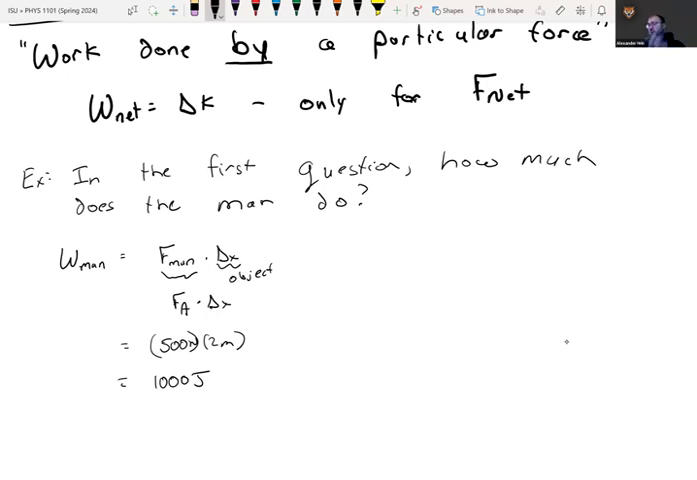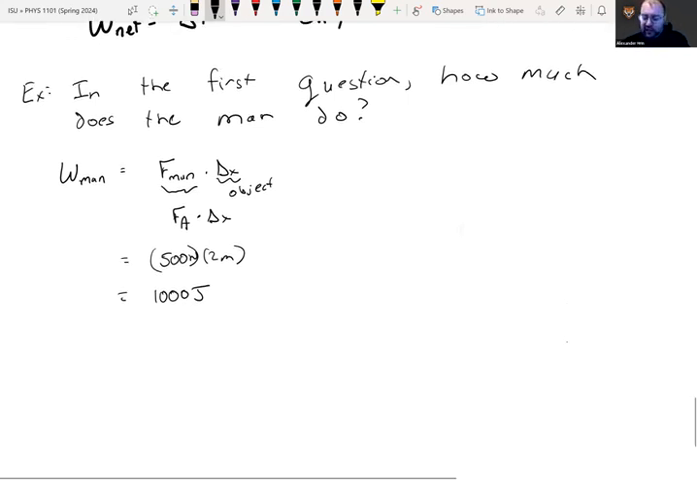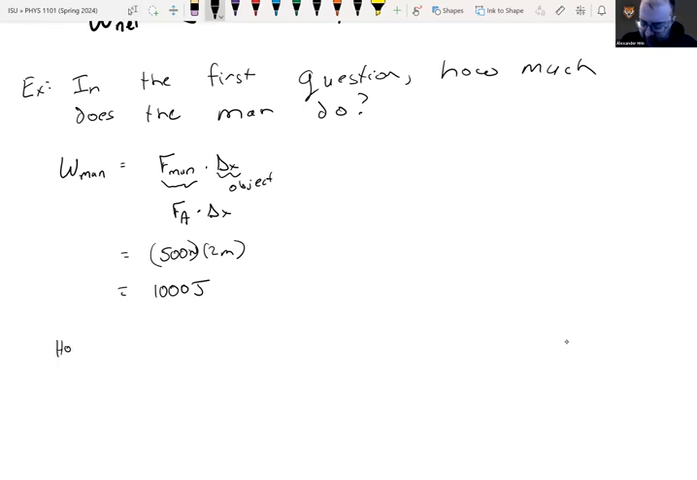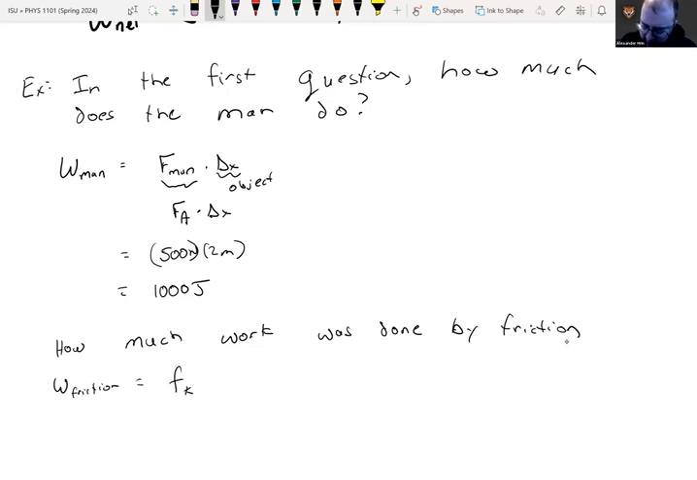Now, what we wouldn't want to do is say, okay, the man spent 1,000 joules, so the box has 1,000 joules. That's not correct. That's how much the man spent, but other work was done on the box. And the example for that is, you could say how much work was done by friction. And in this case, the work of friction is just going to be the force of friction this time